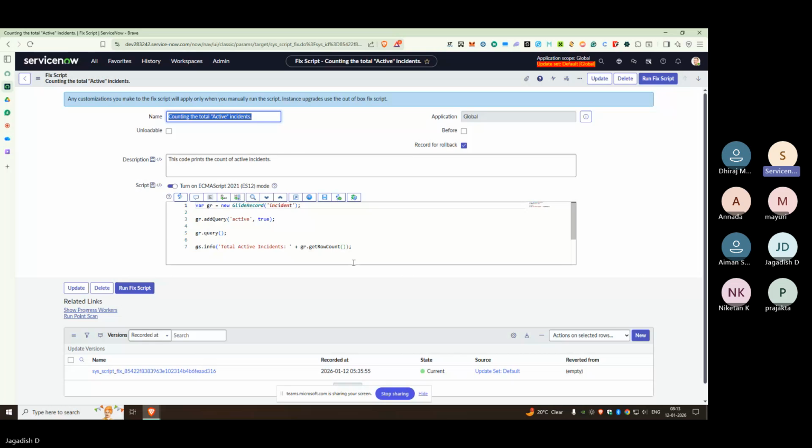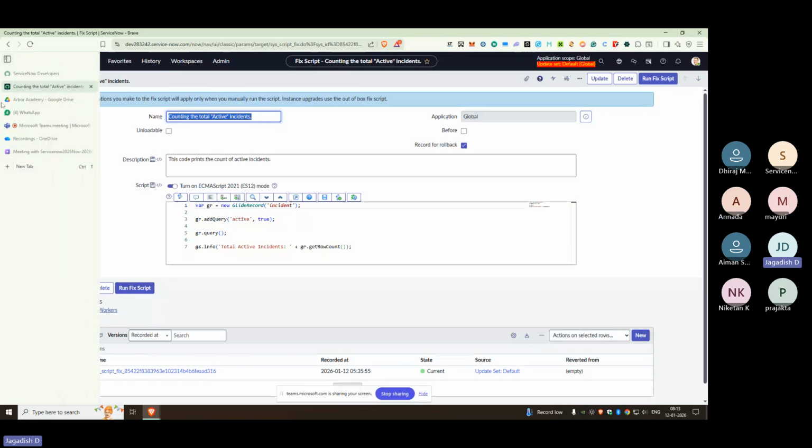Yeah. So actually this is enough, right? You add the query, and dot get row count. See, through glide record. Through glide aggregate also we can do it, but there's a different formula. I'll tell you later actually. But through glide record, you can use this dot get row count method to get the count simply. And I can also add this last line to any code out there, the previous three,